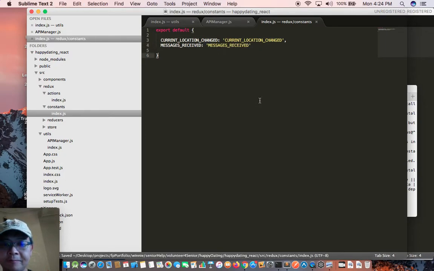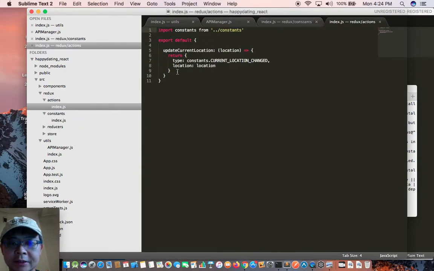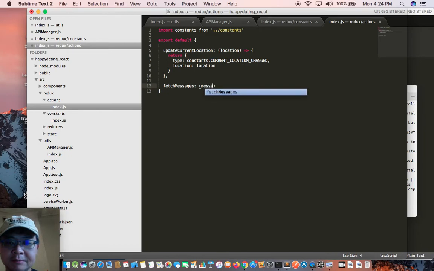Very nice. Then actions. So in actions, we're going to have a new one, the fetch messages action here. We can probably say fetch messages with params,